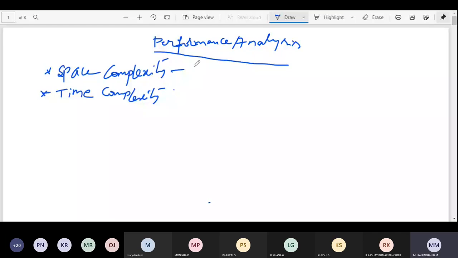It is the total amount of space required to complete its execution. It is the total amount of space it takes to complete its execution.